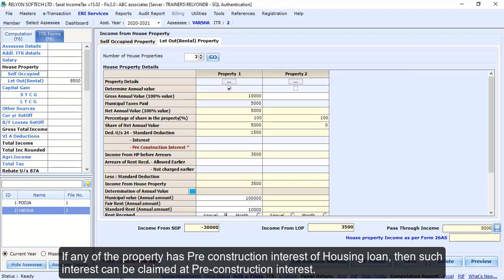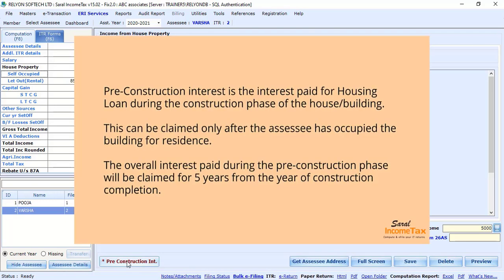If any of the property has pre-construction interest of housing loan, then such interest can be claimed as pre-construction interest. Pre-construction interest is the interest paid for housing loan during the construction phase of the house or building. This can be claimed only after the assessee has occupied the building for residence.